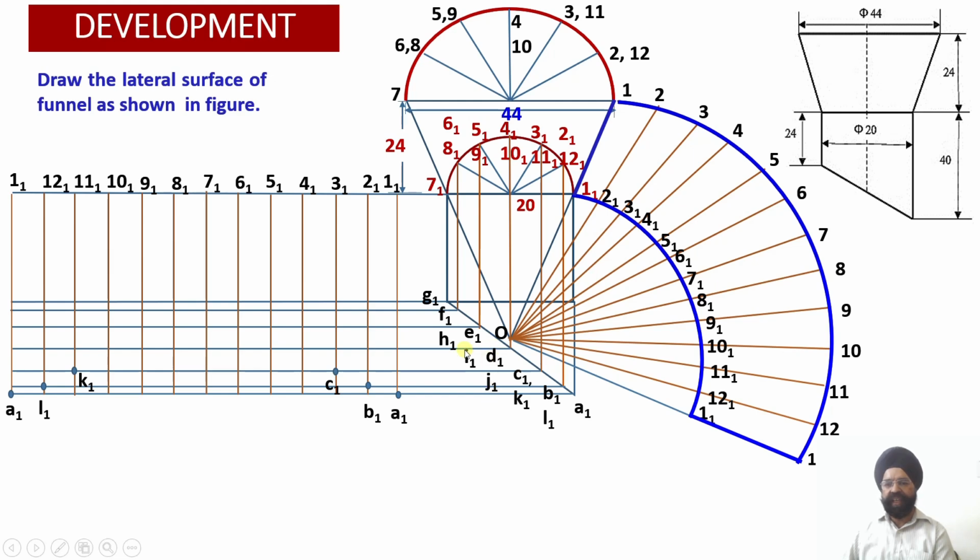So these are the generator lines for the fourth intersection point. This is the pair of intersection points lying over here. Where will these two intersection points, D1 and J1, lie? They will lie on the 4-1 vertical projector and the 10-1 vertical projector respectively. Corresponding to this horizontal line, where does the 4-1 vertical projector lie? It lies here. From here you draw the horizontal projector. So this point will be D1 and this point on 10-1 will be J1.